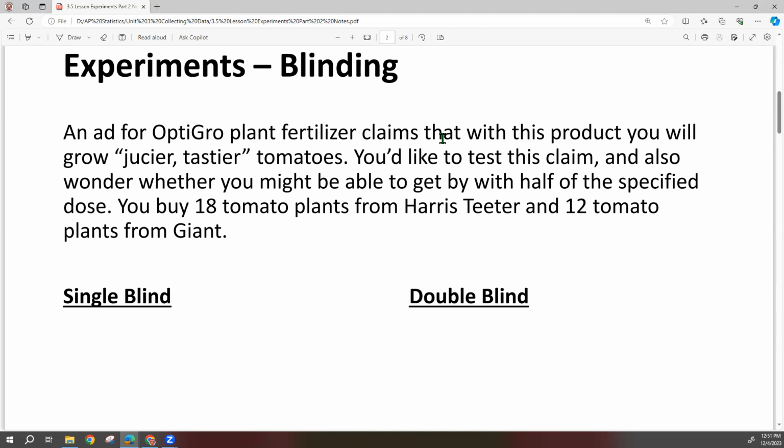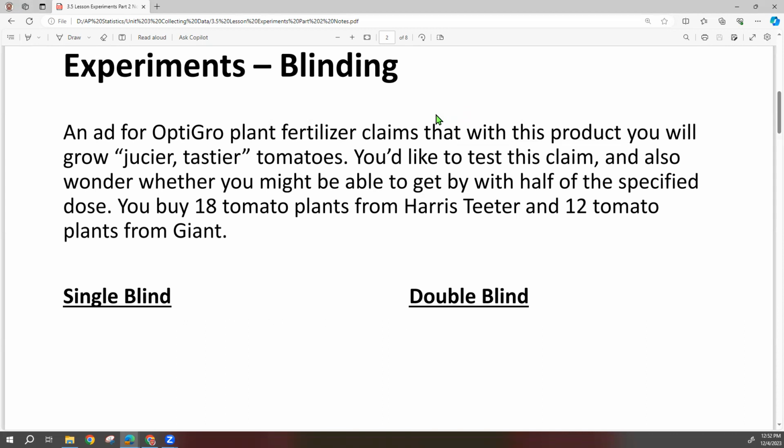Sometimes those people will be doctors employed by the researchers, or perhaps in this case of our OptiGrow juicy, tasty tomatoes experiment, those people might be farmers or experts in growing tomatoes who will assess the juiciness and tastiness,